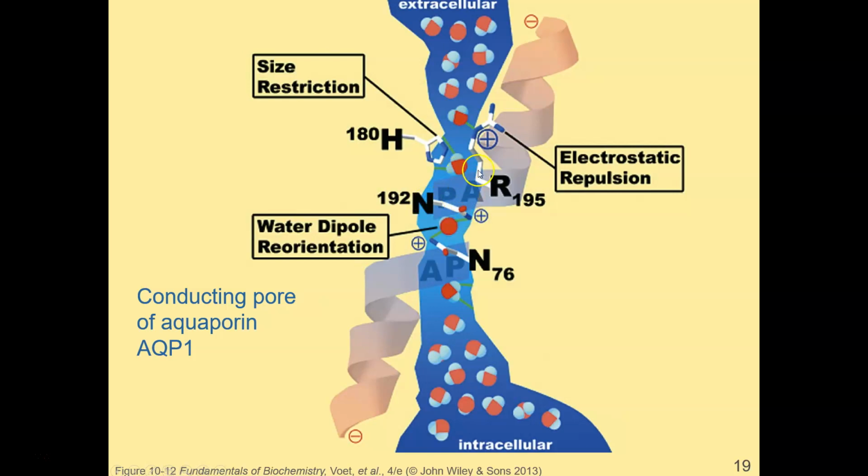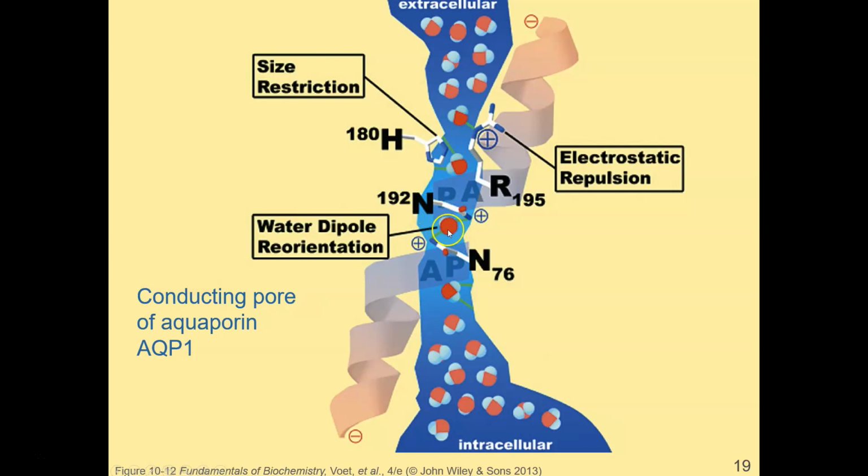The next thing that will happen is you can see this water molecule is flipped sideways, so that you have a single water molecule oriented very specifically, forming hydrogen bonds with these two asparagine